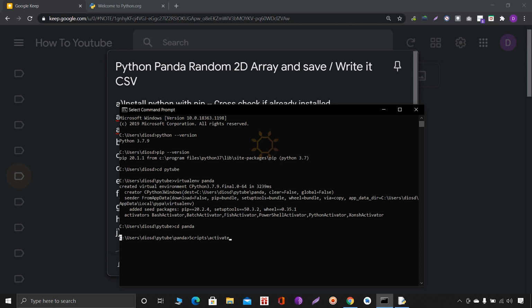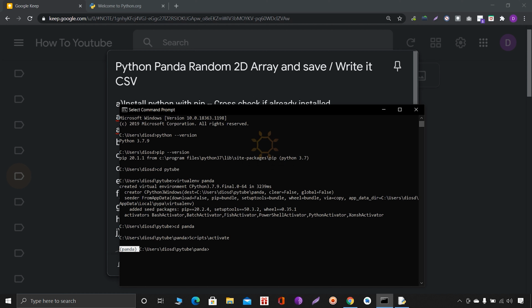Here you can see that after activation, the (Panda) prefix will appear in front of the path. Okay, now we are in this environment.